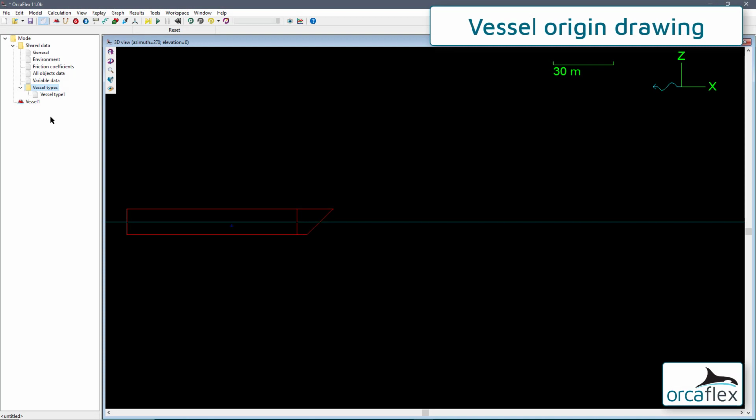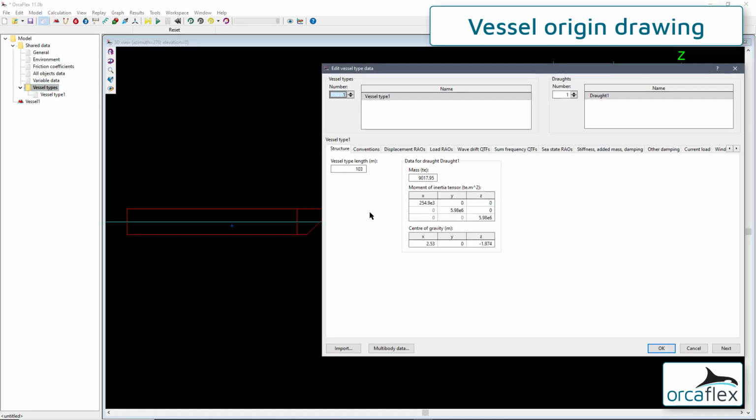Moving now to the vessel object. In this vessel on the screen you can see a blue cross which represents the origin of the diffraction data. If the origins of the diffraction data vary, such as RAOs, phases, etc., then you will simply see multiple crosses of this colour. Now if we open the vessel type data form and modify the centre of gravity of the vessel,